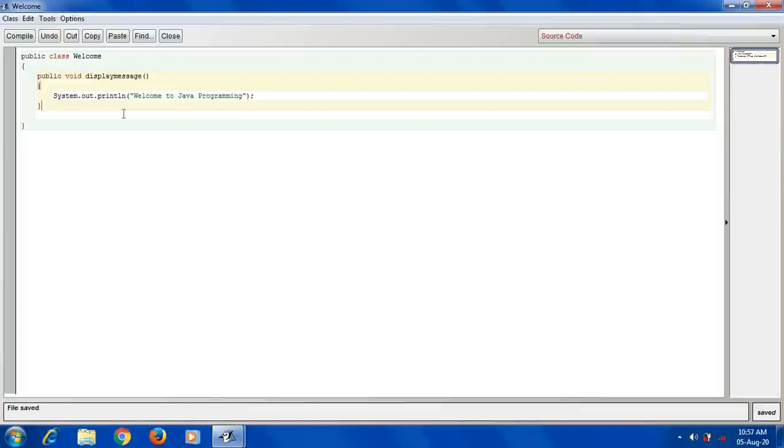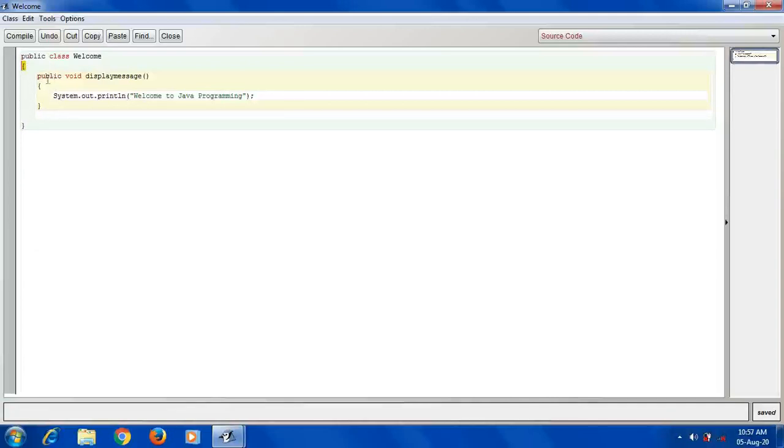Class is a keyword, the second keyword. It denotes we are going to create a class. When we write the word class followed by a name, the compiler understands the user is creating one class. Next, the curly bracket opens. This curly bracket marks the opening of the class code, indicating the user is going to start writing the block for the code.